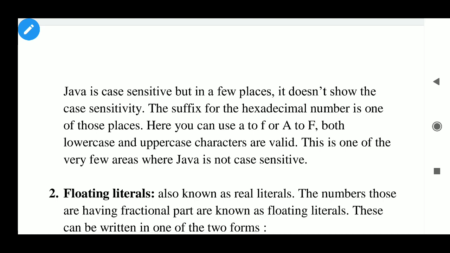This is one of the very few areas where Java is not case sensitive. So in suffix you can use small f or capital F, or small a to capital A.